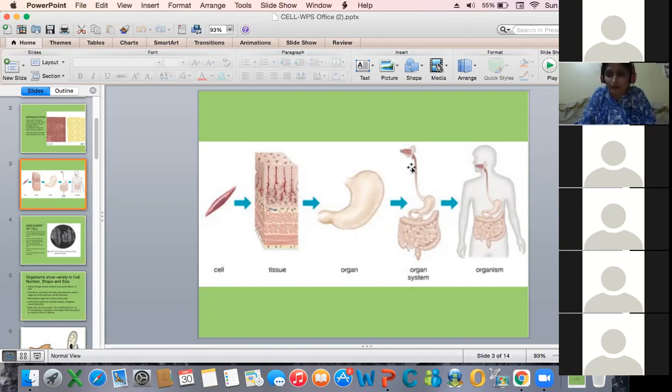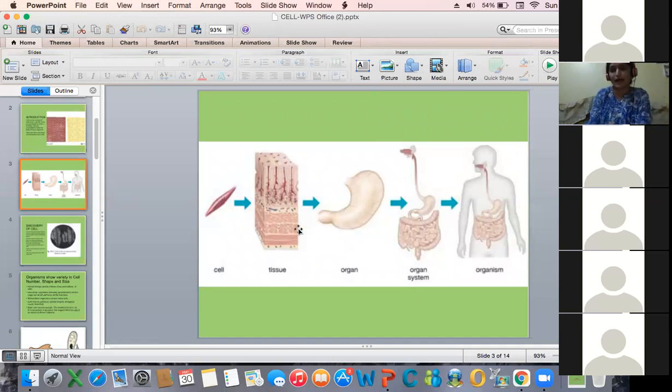And when the organ systems coordinate with each other, when they unite with each other, they form an organism. This is what I wanted to say to you. Every organism, basically, when we say that the cell is the basic structural and functional unit, why do we say this? Because an organism is ultimately made up of what? A cell. From the cell forms a tissue, from the tissue forms the organ, from the organ forms an organ system, and from the organ systems an organism.